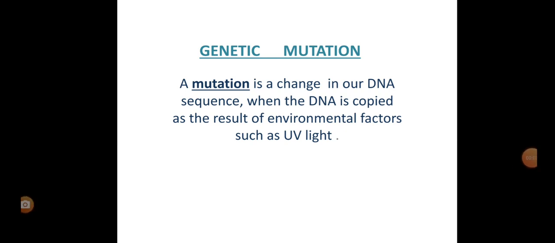So our video today is about genetic mutation and non-disjunction. So what is mutation? In every cell there is DNA, and in each DNA there is a specific sequence that is called the DNA sequence. If there is any change in the DNA sequence, that causes mutation, and if mutation occurs, there is malfunctioning of the proteins and genes and a change in the phenotype. One environmental factor, UV light, causes mutation in human beings.